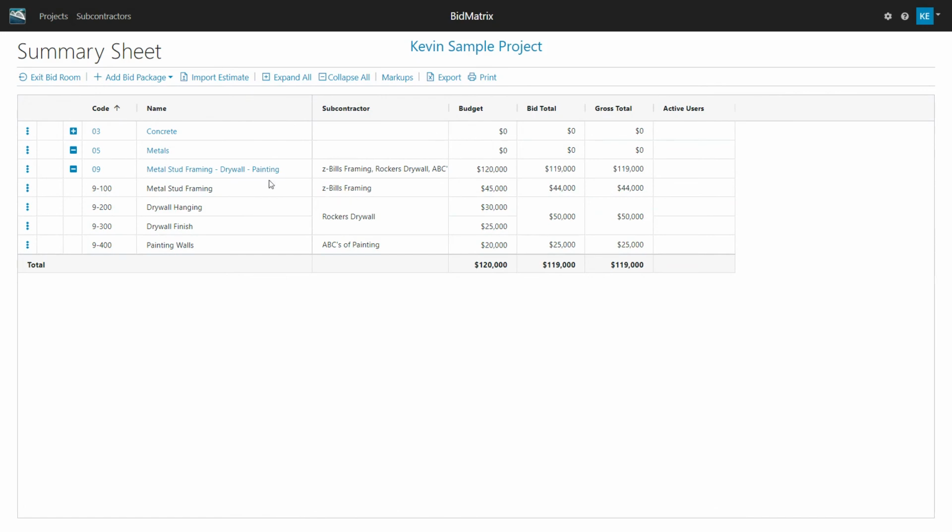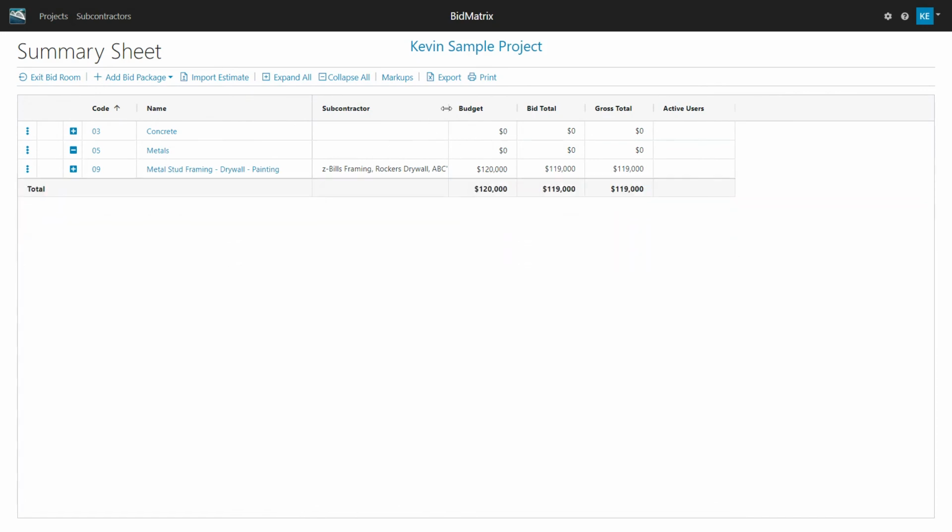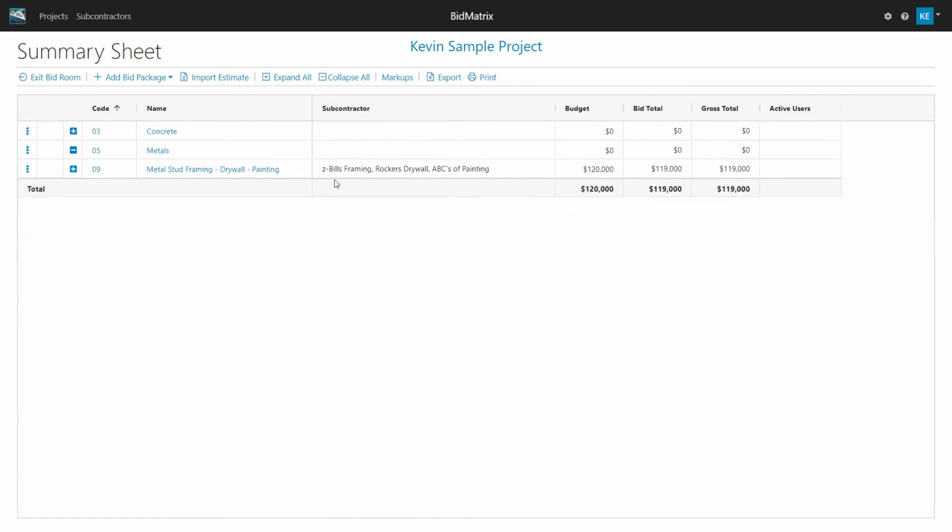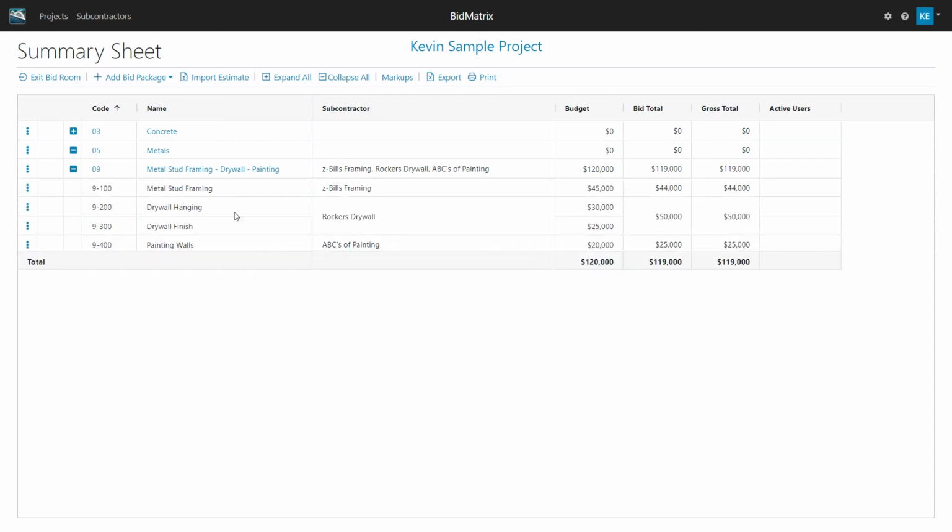If I had it collapsed, it would show me a summary of the subcontractors that I'm using in that section. So I've got Bill's Framing, Rockers, and ABC Paint at my $119,000 bid total at this point. When I open it back up, you can see who's responsible for each one. Bill's is this, these two sections are taken care of by Rockers, and there's my painting contractor, and that's how it's coming up with my bid total in this summary.